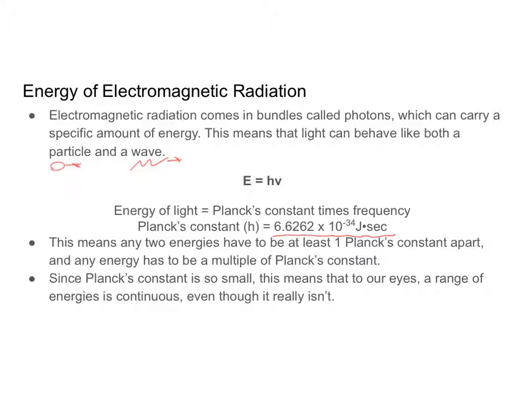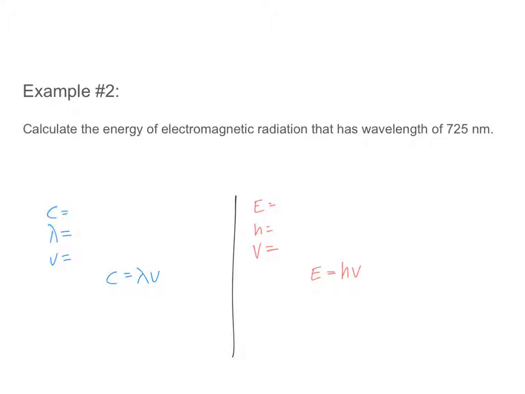The other thing that we need to remember about Planck's constant is that because it's such a small value, it's like 6 with 33 zeros in front of it, we don't see this with our eyes, but we are able to interpret it sometimes in the form of heat, or we can feel it in terms of intensity. So how do we work with Planck's constant? It depends on what you've been given. In this particular problem, it asks us to calculate the energy, so we're going to be solving for